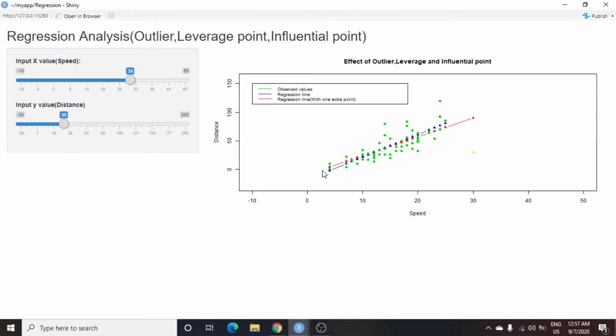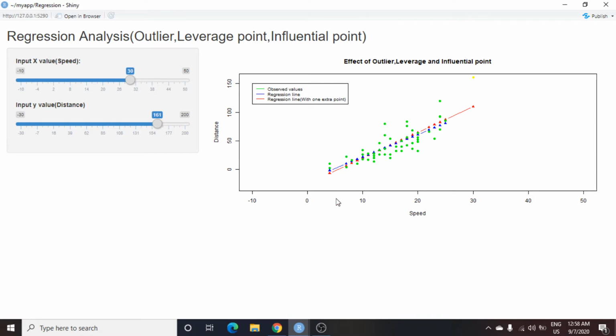Let's say here all the y values lie between 0 and say 120, and if a data point has a y value of say 160, then we call it an outlier. Let's see, here I made the y value 160. So basically this y value is far from the rest of the data points' y values,